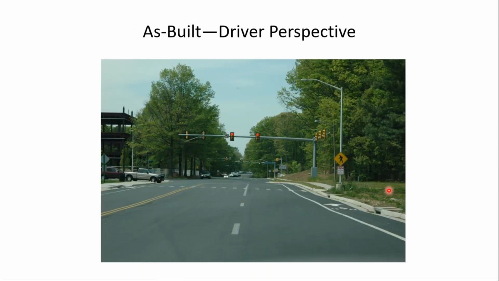This is a driver's perspective of the intersection. You'll notice you can see the crosswalk here, and there is signing for the crosswalk. But notice you can't really see the stop line, because if you look closely about where my cursor is, you can see there's a little crest or hump in the roadway, and that stop line is on the other side of that hump. So it's hard to see the stop line, but you can see the signals. And another thing you probably notice, there are street lights in the area, a number of street lights.